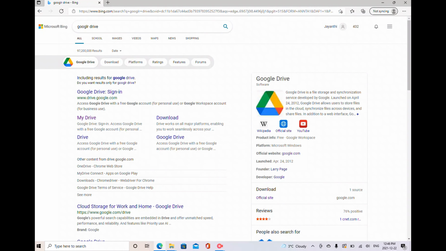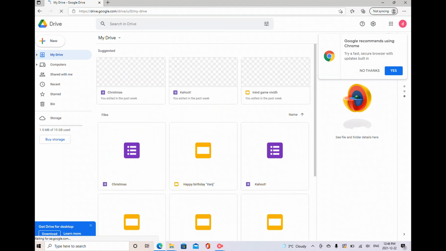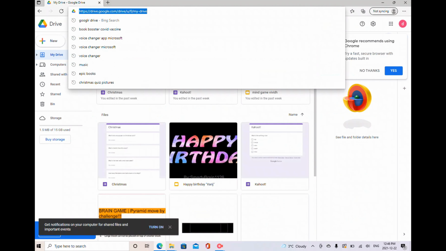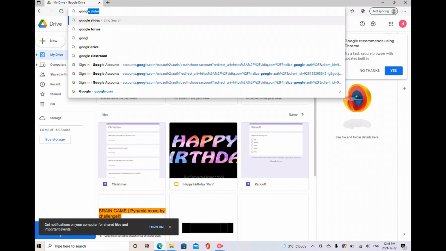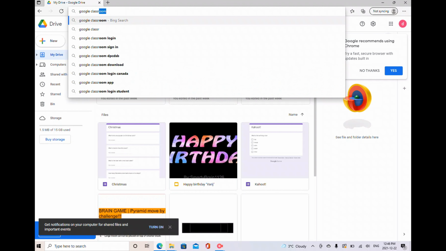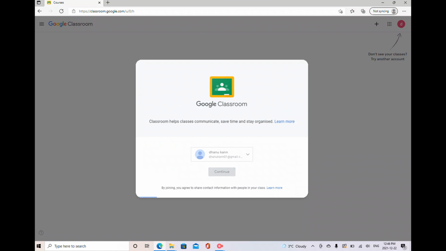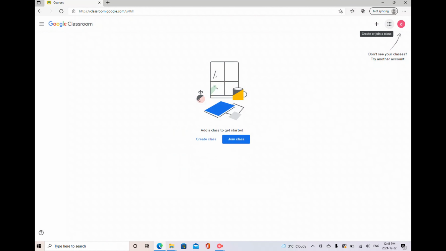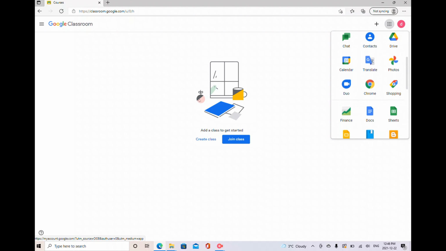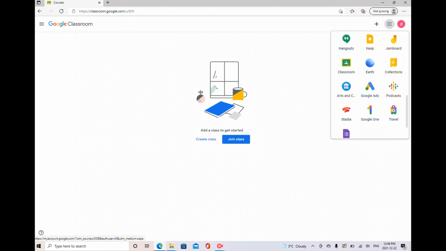But if you don't know anything about it, or you're just starting, I recommend you go to Google Classroom or Google Gmail, but I'm gonna go to Google Classroom. We're not gonna sign up or anything. We just need the idea. So we're just gonna go with that, and now there's this part where it says Google Apps. Click on it, and then you just have to scroll down,